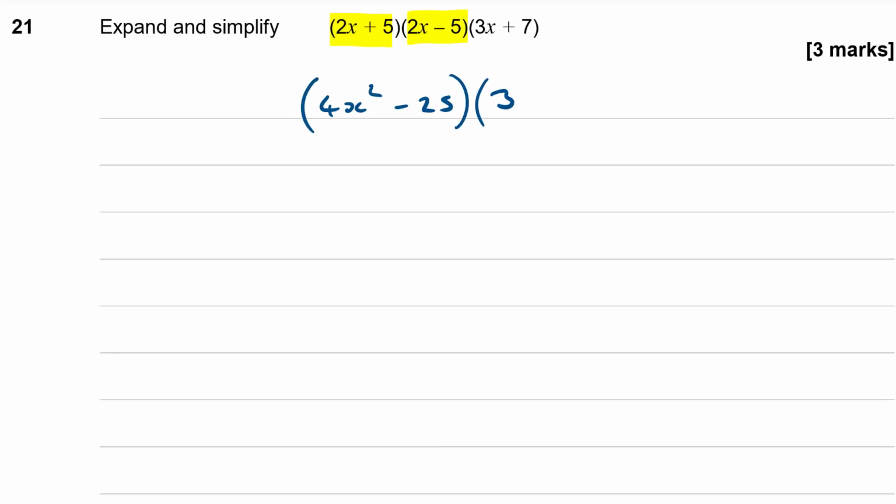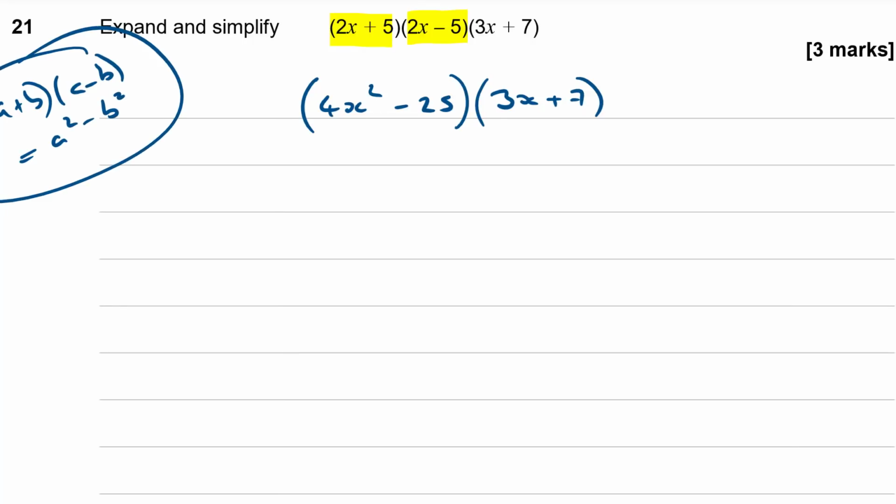So knowing your difference of two squares, a plus b, a minus b equals a squared minus b squared identity, makes these sorts of multiplications a little bit easier to do. So I've got 4x squared minus 25 times 3x plus 7. So then using FOIL to multiply these out, or whichever method you usually use,